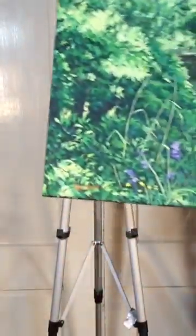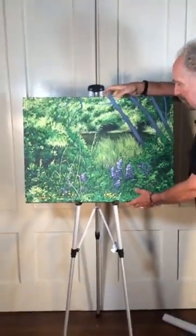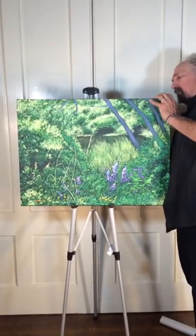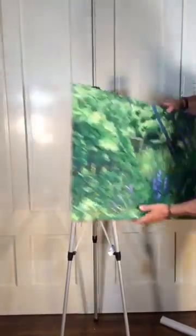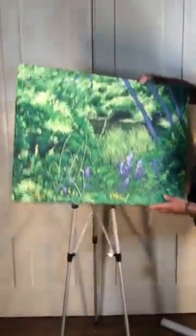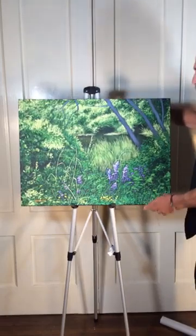So we're going to start with this one. This is 22 by 30 on linen. It's what they call a gallery wrap, so it's painted on all the sides. It's an area over by the meeting house in Dartmouth,